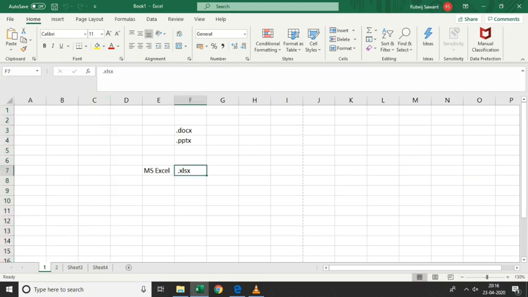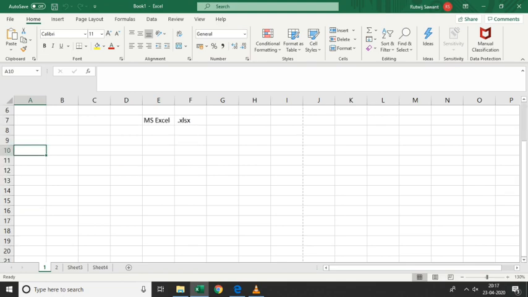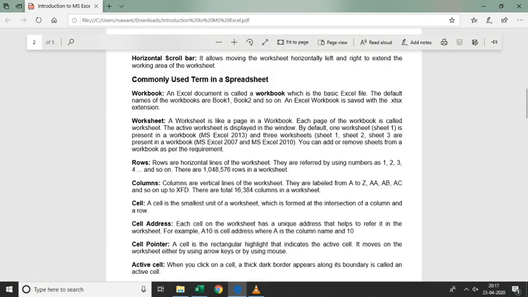As you keep on scrolling the mouse, you can see so many numbers. You have 1,048,576 rows in a worksheet. Within each worksheet you will get so many rows.